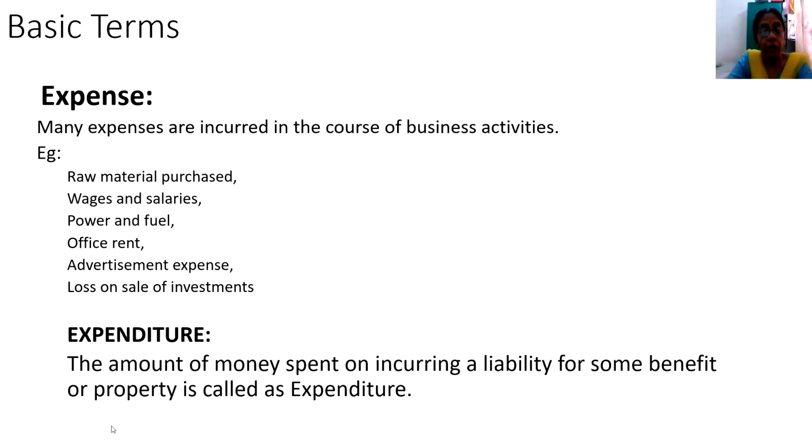Or you are buying a built building. So here, you are incurring a liability out of your money in an abnormal way. This is not again recurring in nature. It is not pertaining to the regular course of the activities of your business. Such spendings are referred to as expenditure.